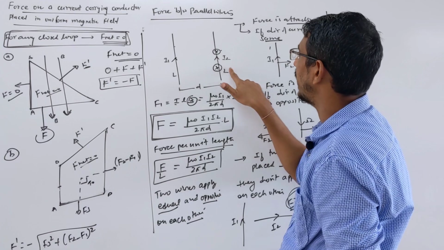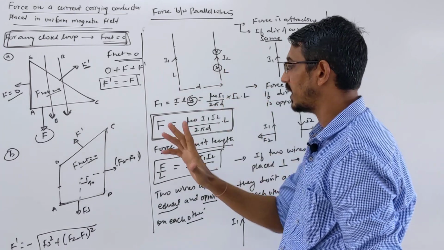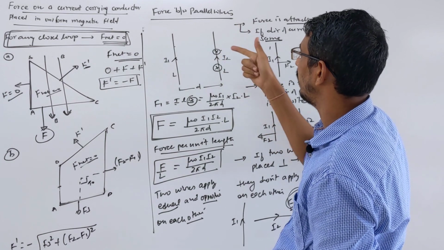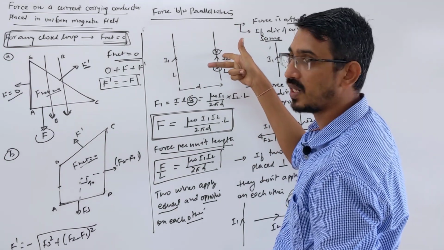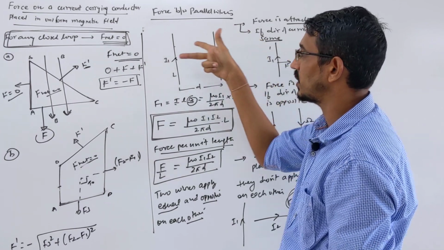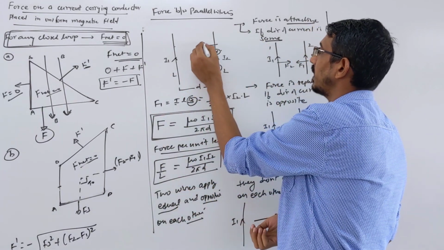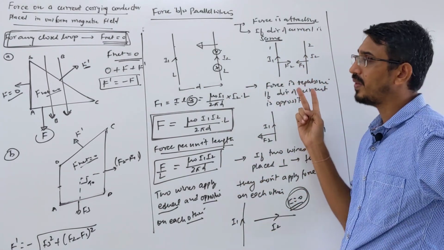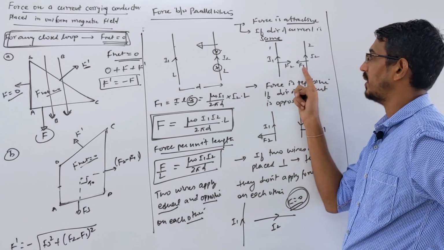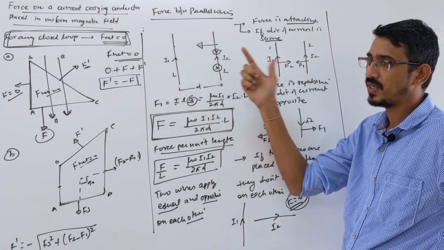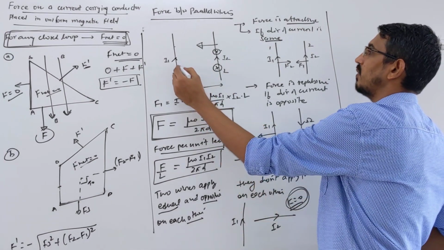Now let's see the direction of force on this wire. We learned our left hand rule. Thumb shows direction of current in this wire, upward, field is going inward. This finger shows direction of the force, and force is that way. So force will be attractive on this, right? So when two wires are having current in same direction, they will attract each other. Same way you can find force on this also. You find field due to this, then you apply same hand rule. We will see direction of force on this wire will be that way.